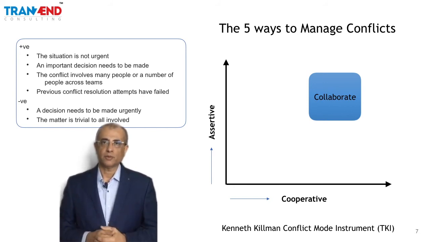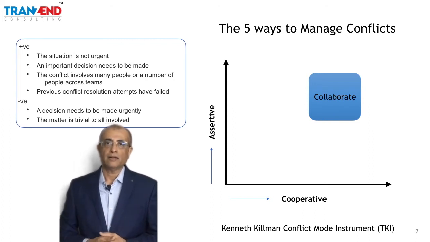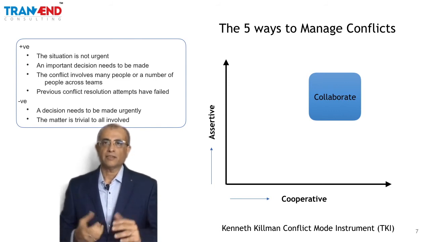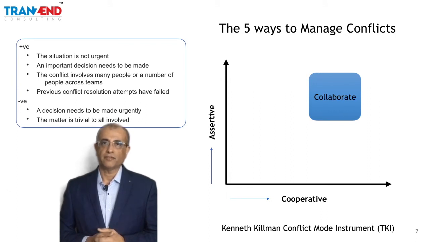Suppose a very important decision has to be made. Let's say a career choice. And you are in conflict with, let's say, your spouse. Your spouse feels that you should be not leaving this organization, moving to a new one, and you are thinking that it's good if I move away from this organization. Now, this is a very important career choice and an important decision for you. In this kind of a situation, it's important for you to engage effectively, collaborate with the other person, and reach a decision which is win-win.